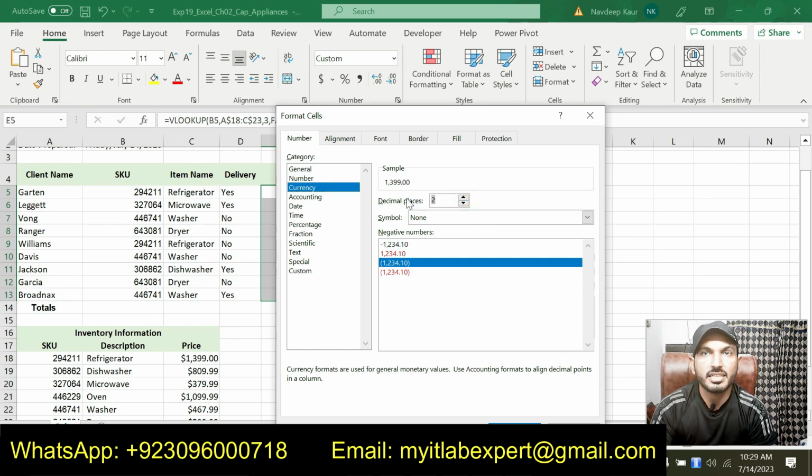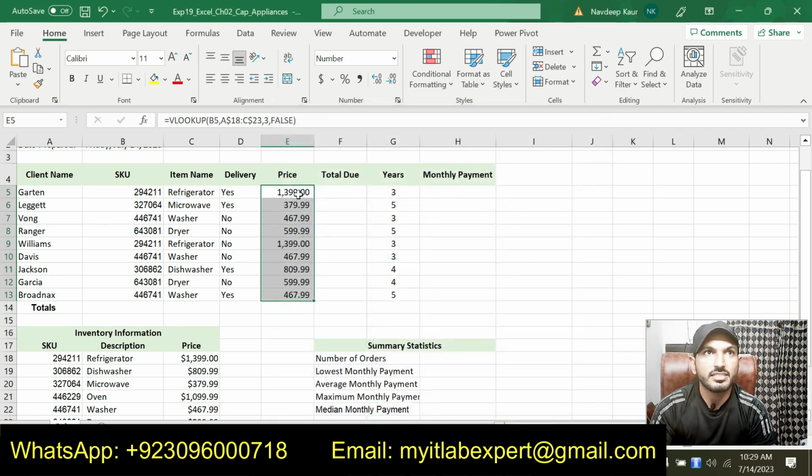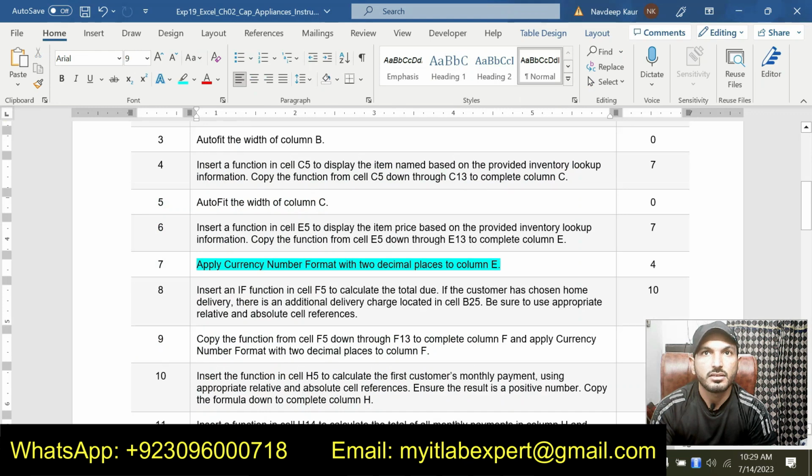So we will make the decimal places 2 and we will select the currency number format from here. So you can see that the currency number format is applied to column E with 2 decimal places. So that is all about step number 7.